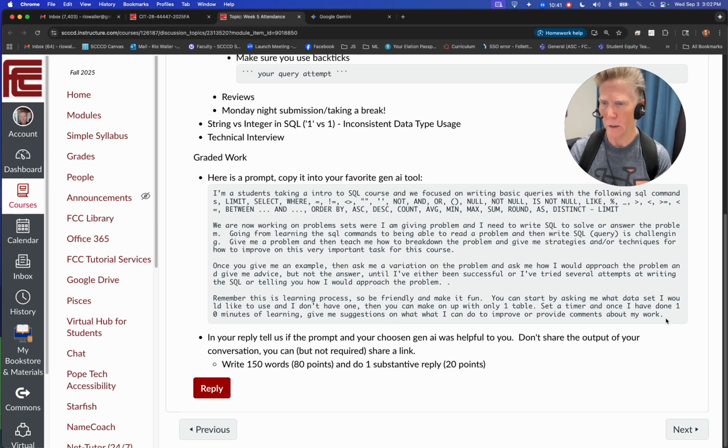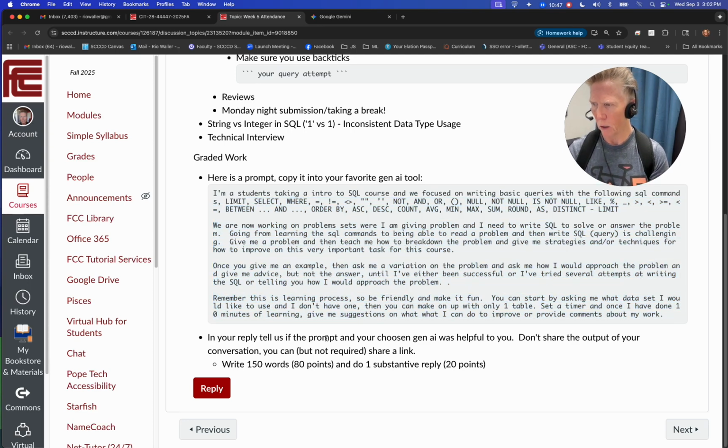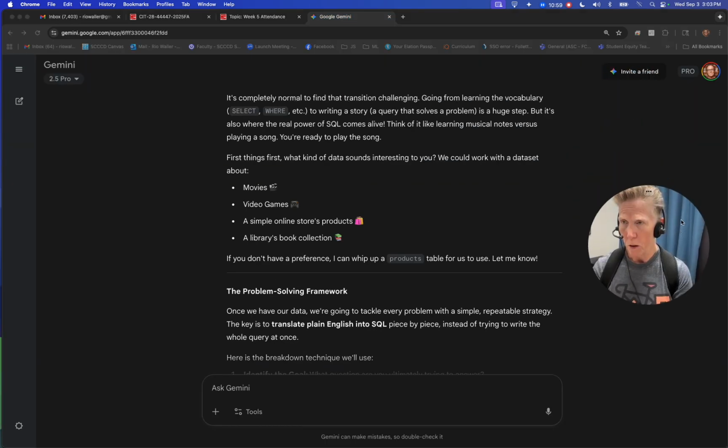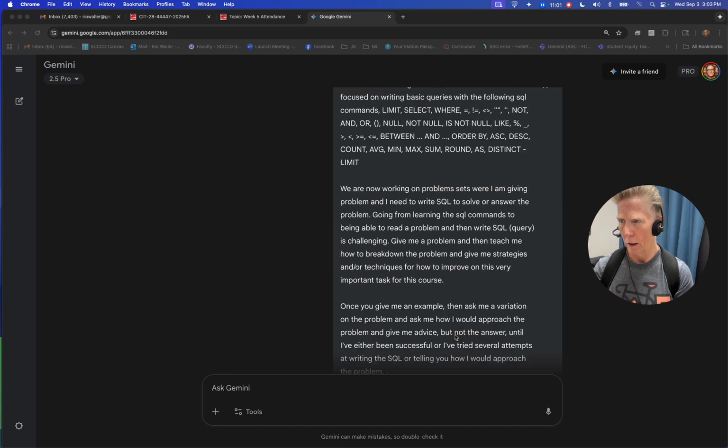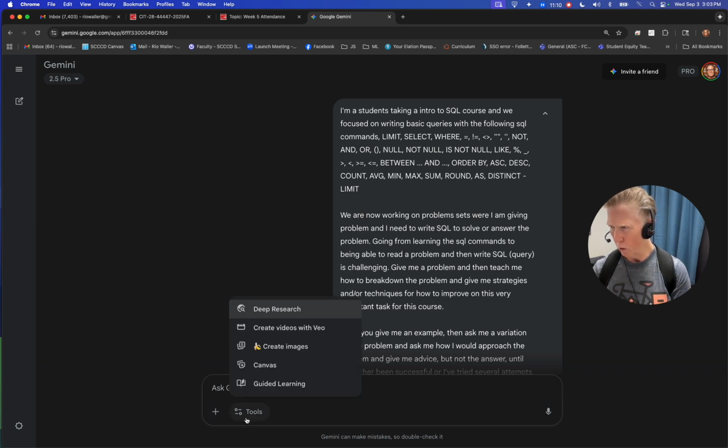So once you do your 10 minutes or more, then you reply and tell us, in your reply, if the prompt and your chosen Gen AI was helpful to you. Now, you don't need to show us your output. That's not the idea. By the way, all of these also do provide the ability to share. Like if I wanted to share this, every time I go, oh, tools,